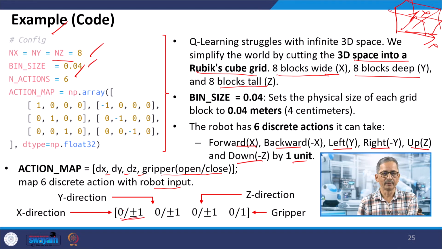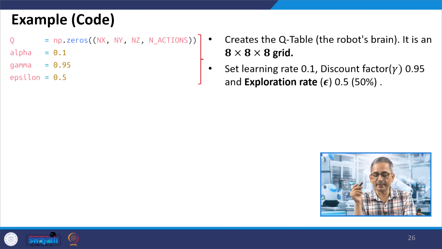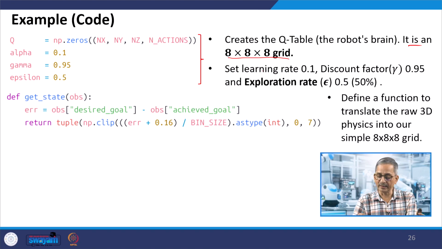Basically 0 means nothing is happening in that direction, plus 1 means going in one direction, say forward in the case of x, and minus 1 means backward. Then we create the Q table. It is an 8 cross 8 cross 8 grid basically. Then we can set the learning rate, say 0.1, discount factor gamma 0.95, and